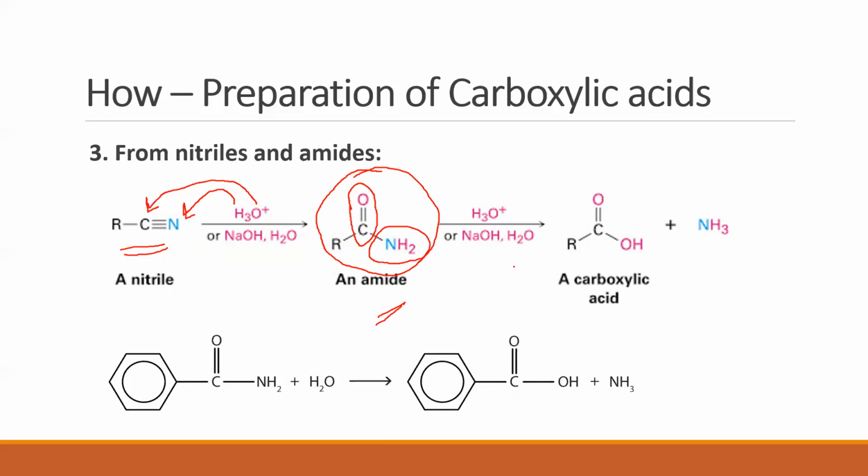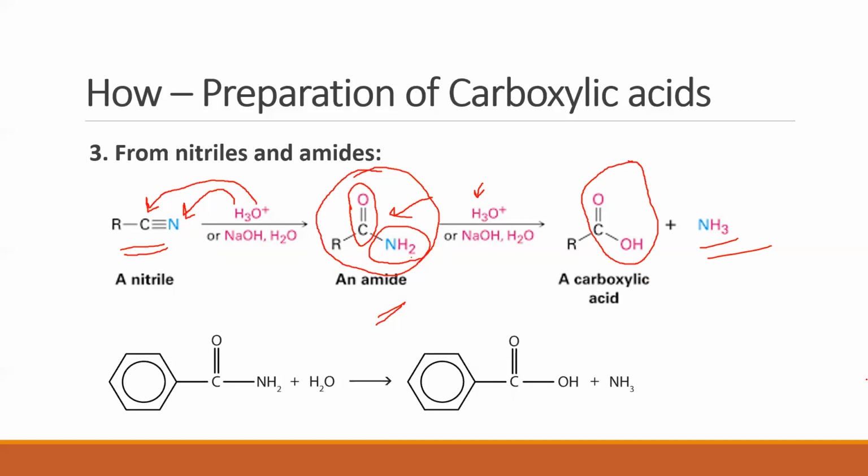Now what's happening in the next step? You're again making it react with H3O plus. Why? Because water in H3O plus breaks down to give H plus and OH minus. H plus is taken away by NH2 to become NH3. So who's the other ion that's remaining? OH minus. OH minus gets substituted in place of NH2 to become a carboxylic acid. COOH is what is formed.